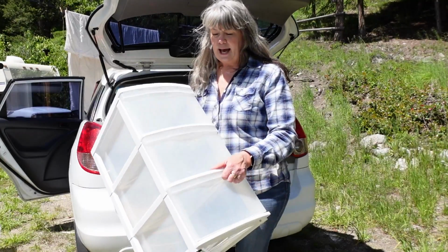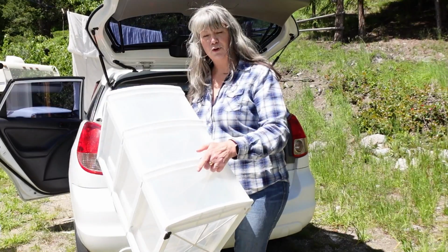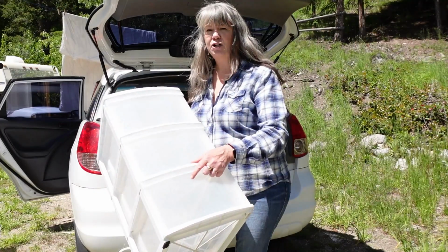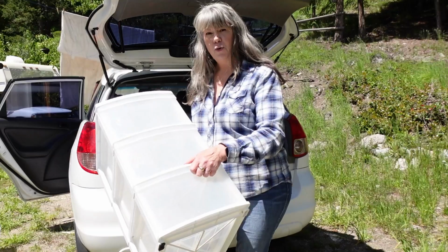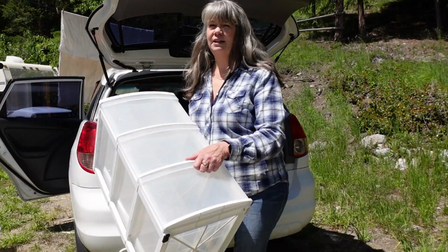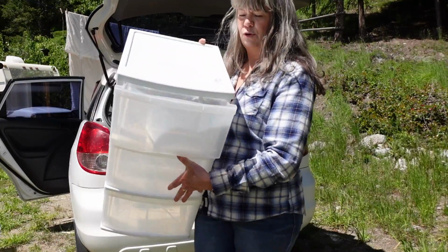The next thing I'm going to add is this little plastic drawer set. I have this one which has the 3 drawers in it, and they're deeper drawers. I also have one that's a little bit wider that has 4 drawers in it, but they're not as deep, and I'm not sure which one is going to work the best. I got them both at a secondhand store. They're a lot more expensive than they used to be. Last time I checked, they were over $30 Canadian to buy them. But if you see on the price here, if I can do it without the drawers all falling out,